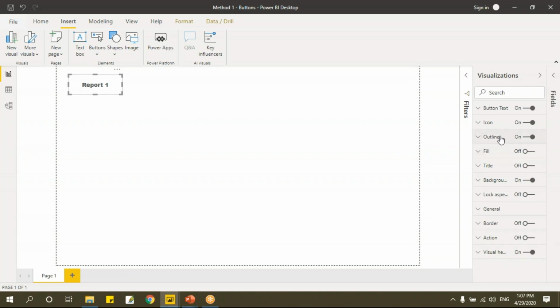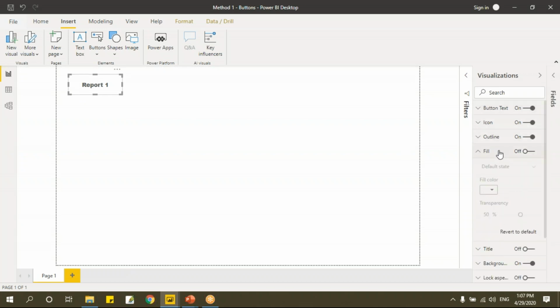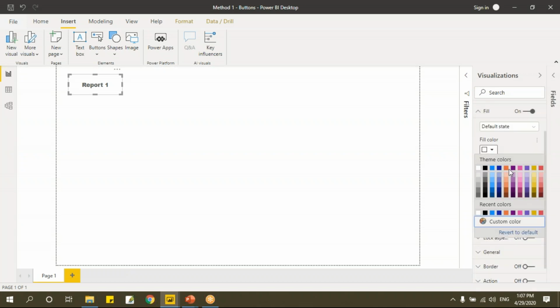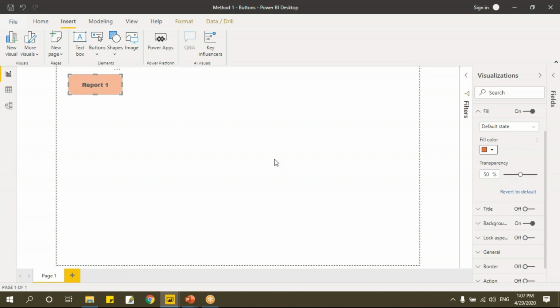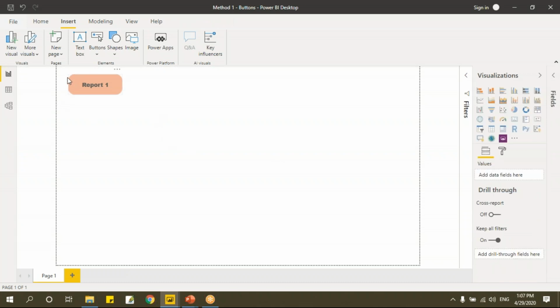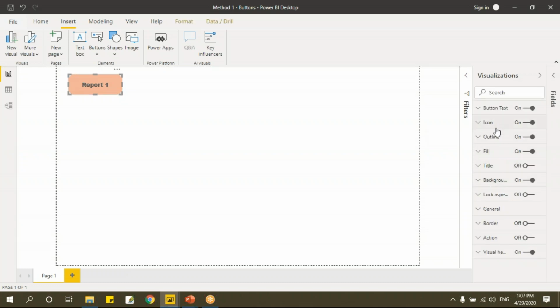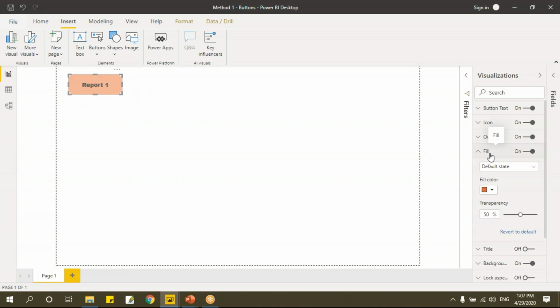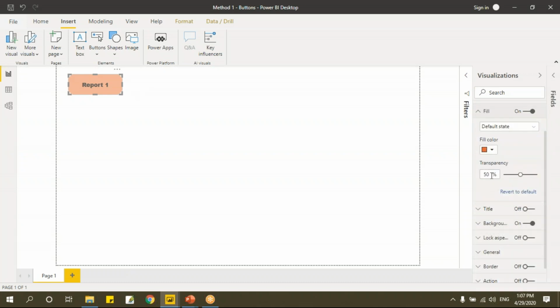We'll try to give a color, then you'll understand how the rounded edge will look. Let's go here to fill color, and here I'll choose some color. Just select. So I'll have this color, and you can see the rounded edge here. So if you want the rounded edge, I can go to this outline and specify the rounded edge points, as much as I need. Fine. Now let's come back to this fill color. In this fill color, I've taken a color here, but it says transparent. I'll just make the transparency 0 so that I get the complete color.